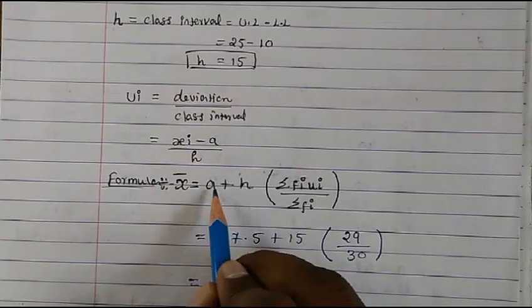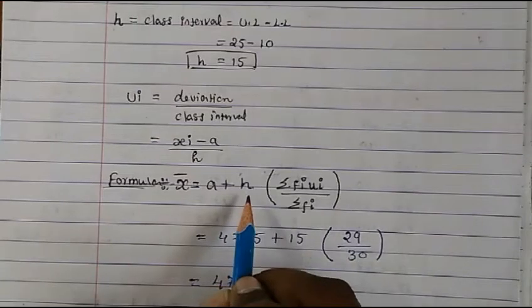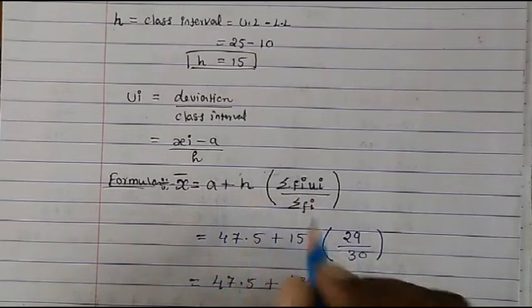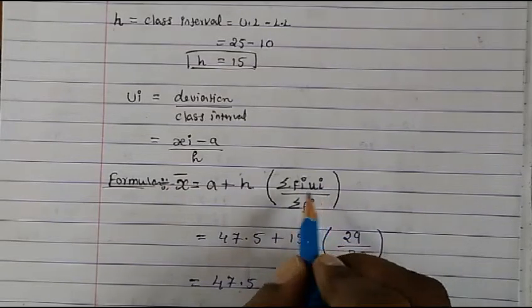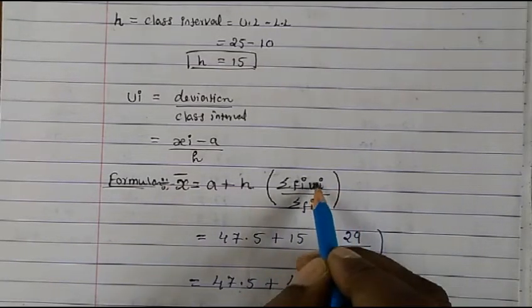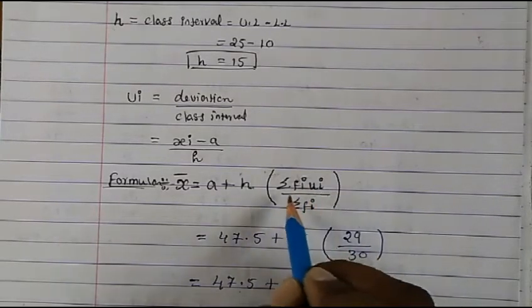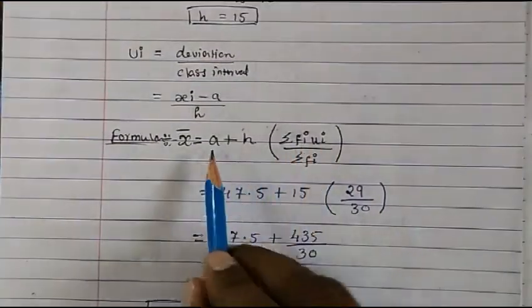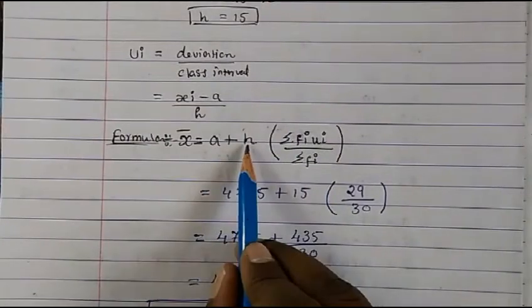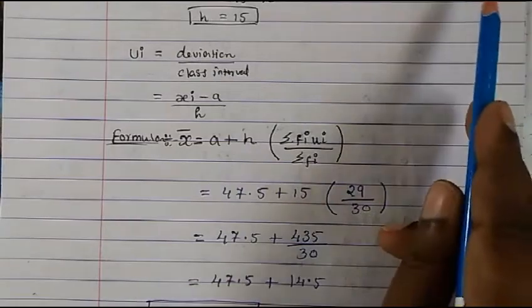In the assumed mean method you had written the same formula, only h becomes extra here. So h you have to write down, and instead of xi for the direct method and di in the assumed mean method, in the step deviation method it becomes ui. The rest remains the same. So it is the same formula, there is not much difference to remember. You know the value of a and then the value of h. H, I told you, is the class interval, and then the summation of fi ui.